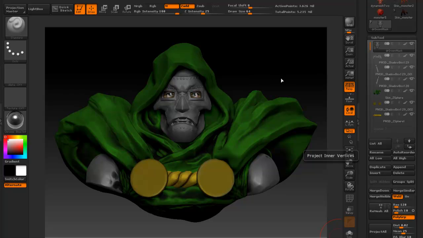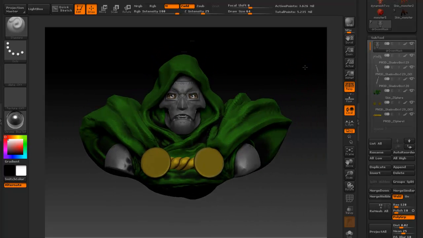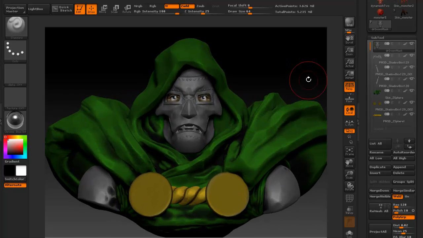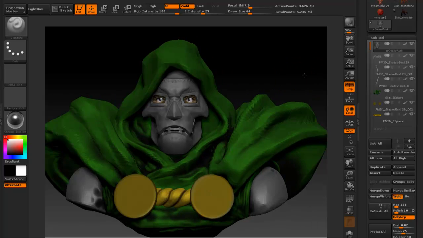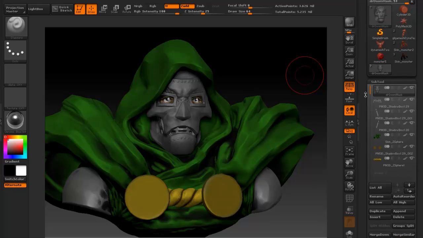Alright, so I'm going to go through retopologizing. I've got a bust here of Victor Von Doom, and what we want to do is start to isolate out pieces. We're going to retopologize using ZBrush's topology tools in order to do that. The first thing I'm going to do is extract this thing out,